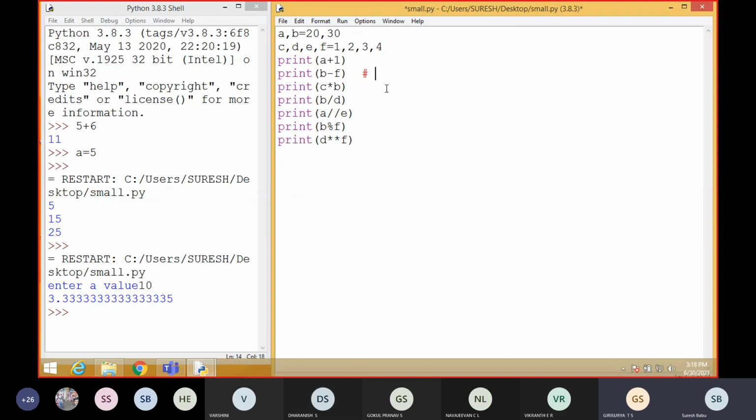Okay, so you have to understand these operators, students. So here it gives you 21. The next statement, c star b. Sir, 30. c is 1, b is 30, so you will get the answer 30. Very good. Then the next one.